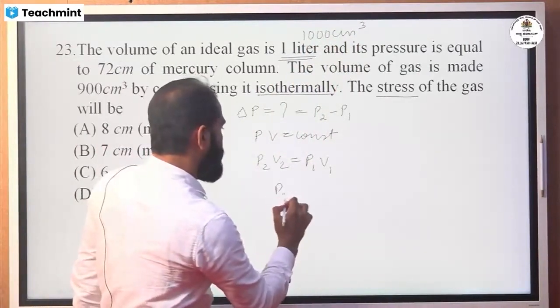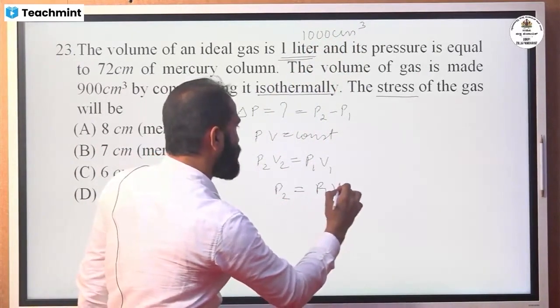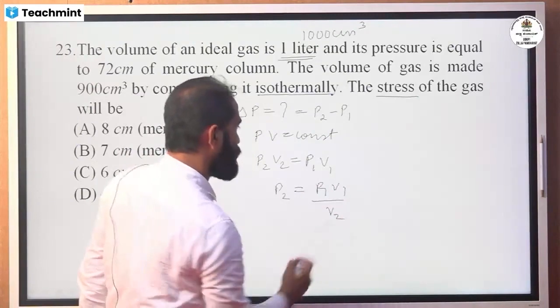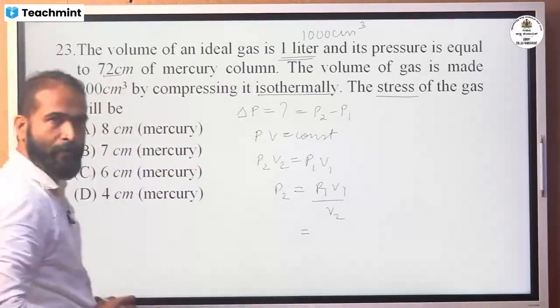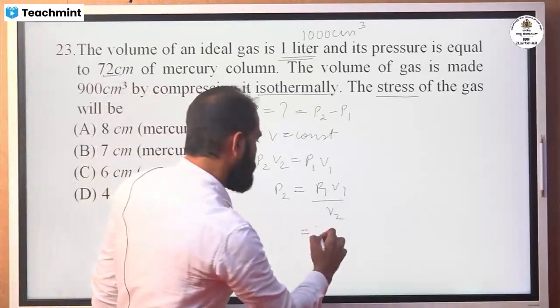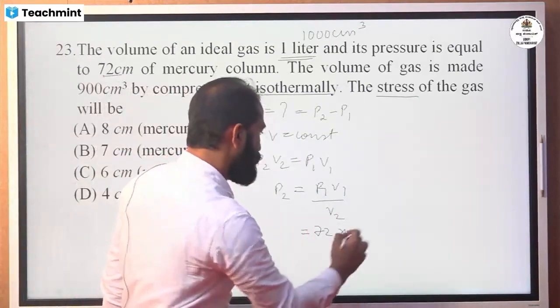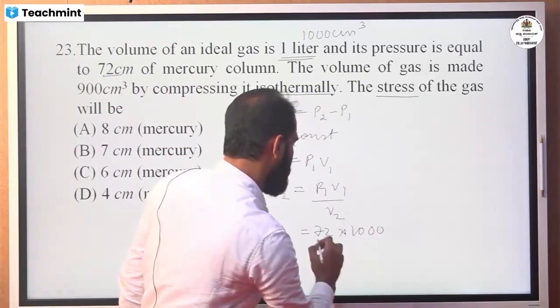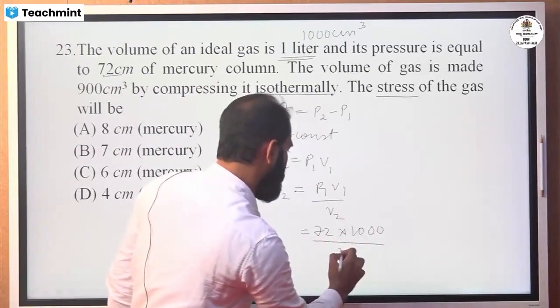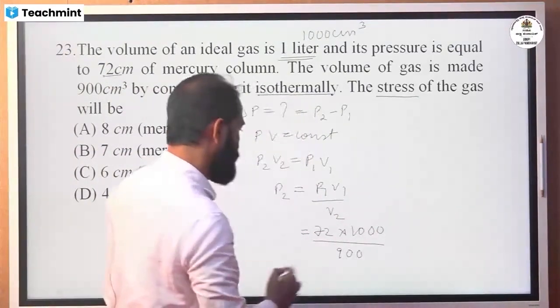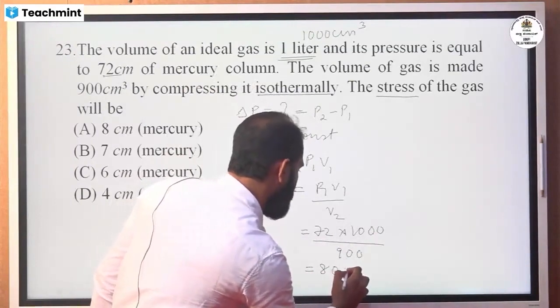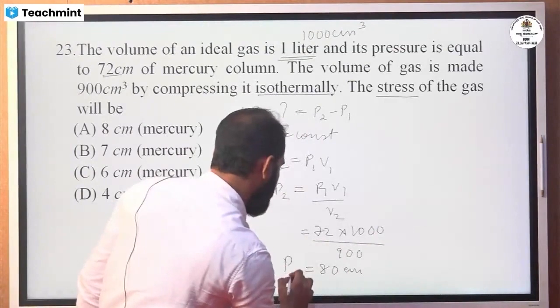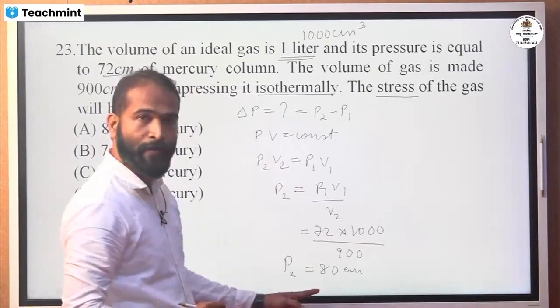Let's find out P2 is equal to P1 V1 divided by V2. So P1, the initial pressure, is given here, 72 centimeter of mercury column. So 72 into 1000 divided by the volume, which has now become 900. If I solve this, we will get 80 centimeter of mercury column, but we don't want the final pressure, we